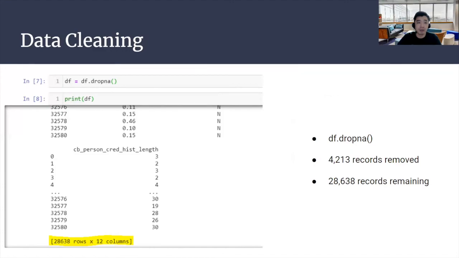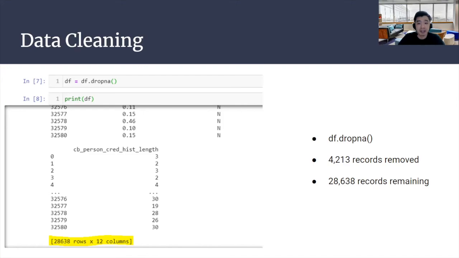Next, before we do our analysis, we need to make sure that we have a complete and accurate set of data. So we will be cleaning up the data, and we'll be using the df.dropna command. What this command does is remove those records that have incomplete data. For example, we have 12 variables, so those records that are missing 1 or 2 of the variables will be removed from the data set for analysis. After which we'll be using the print(df) command.